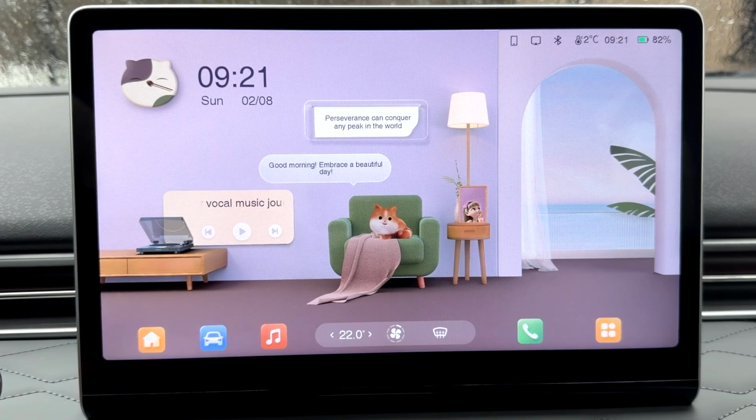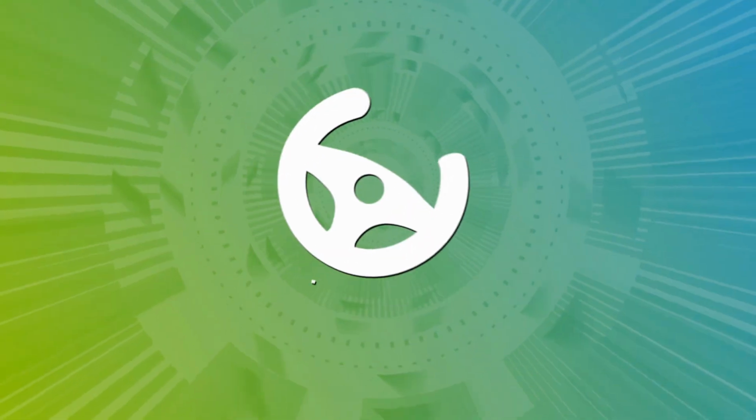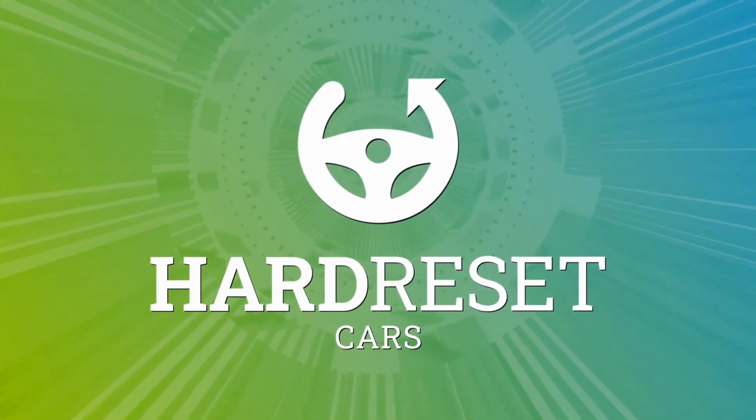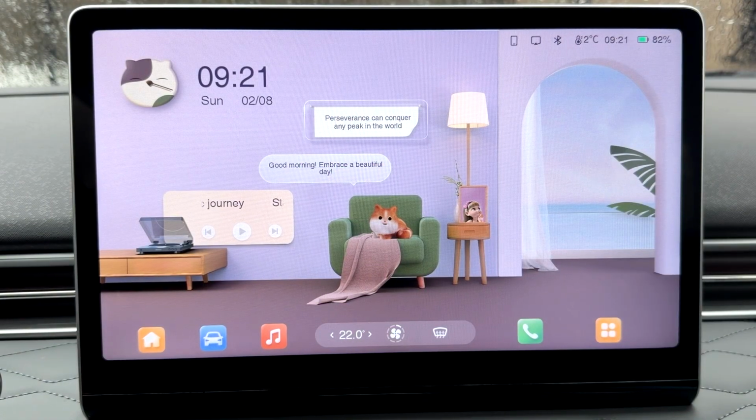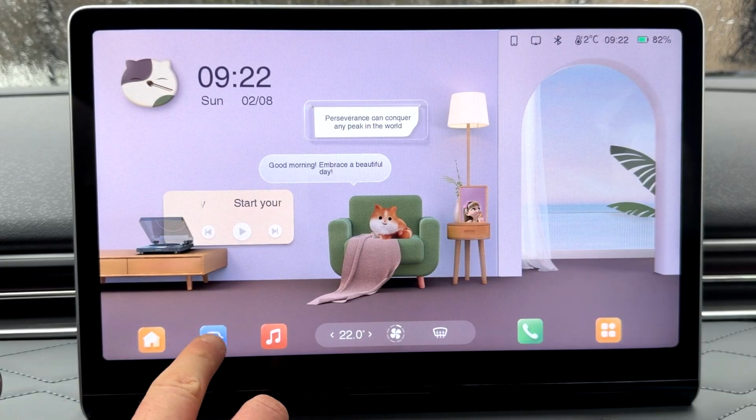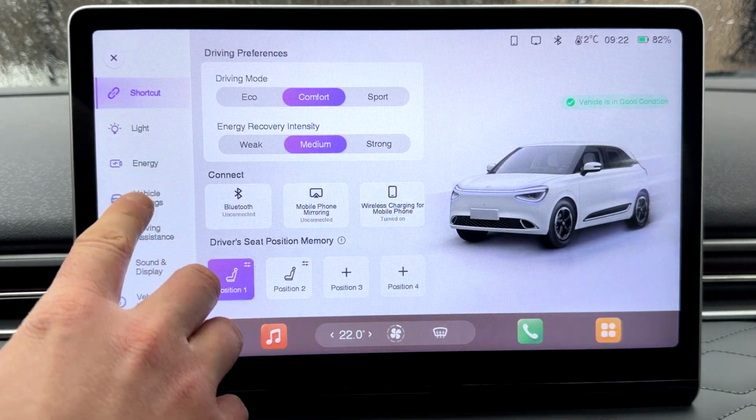Here I have Dongfeng Box, and let me show you how to change language in this car. Alright, so as you can see, here is the home screen of your Dongfeng. Here you can open the car settings by using this blue icon right here, and from the left tab you